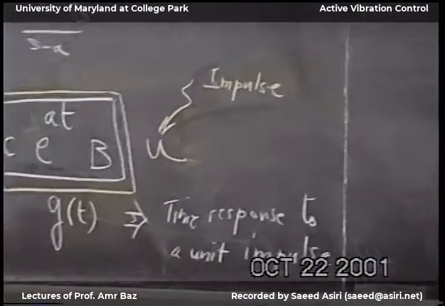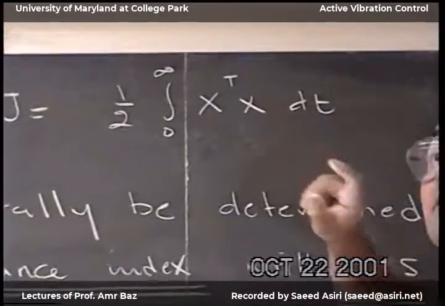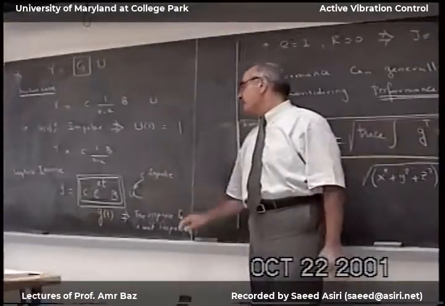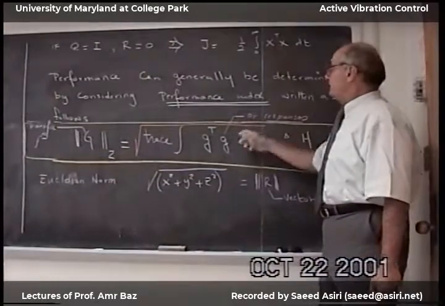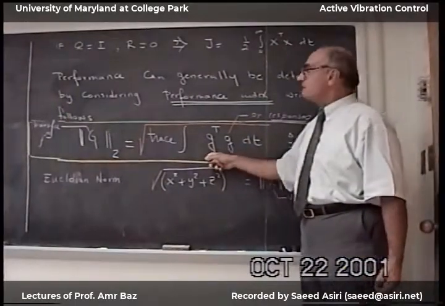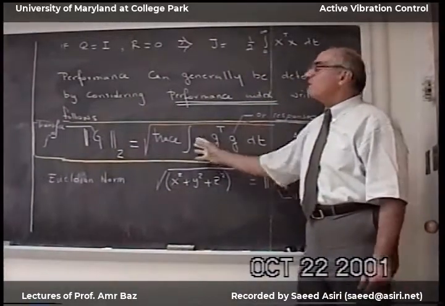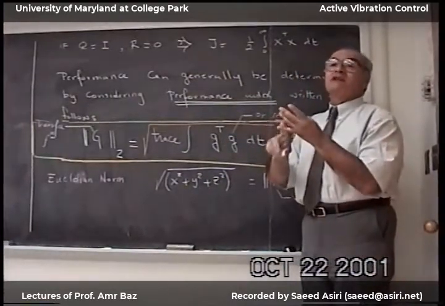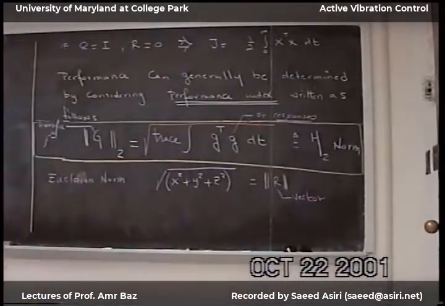It's very similar to what we had here. Scalar case, we're looking at the response of the system. But now we look at the response of the system when I apply a unit pulse to the system. Then I'll take this and put it here, and we'll generate from it an expression for a measure for performance index. And this measure applies to the three cases that we looked at: LQR, LQG, and LQG slash LTR. So now